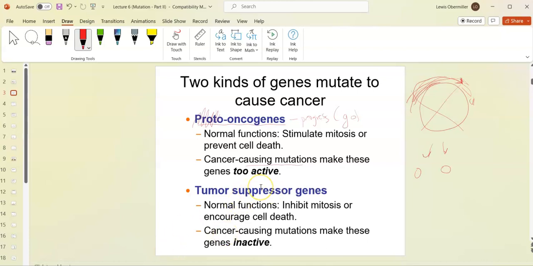Now, tumor suppressor genes are genes that do exactly what their name says. Their job is to suppress tumors, right? And so tumors are made out of too many cells. So tumor suppressor genes' job is to be like red light stop genes. I think of them as stop genes. So their job is to stop the cell cycle, hold it up, so that the cells can get enough nutrients or repair any DNA damage that's made or whatever before it goes on to M phase. Because once you start into M phase,